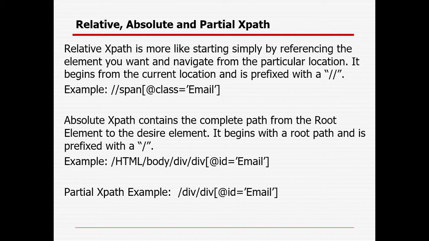Partial XPath also plays an important role, in case you are creating an absolute XPath and, after removing some of the part from it, you can still identify the element. But out of the three XPaths, we should always use the relative XPath, where correctness will be higher and we will not have much trouble with the XPath.